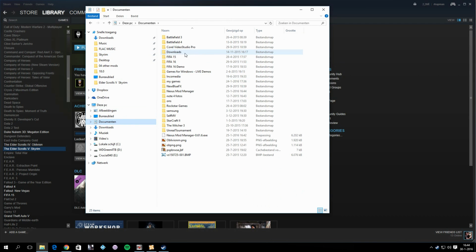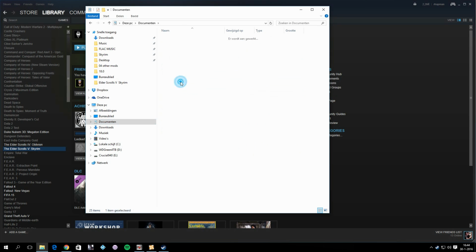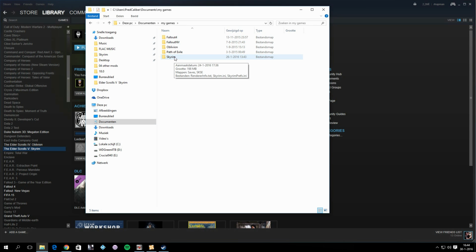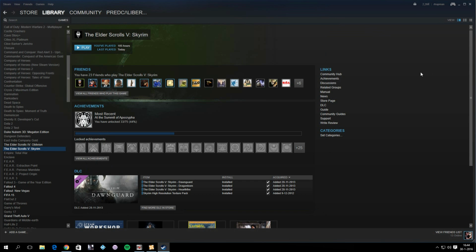Also, what you want to do is go to your My Documents, your My Games, and also delete the Skyrim directory from there. It may still contain some ini files after you uninstall Skyrim, and it has to be deleted as well. And then, last but not least, I would also recommend to completely uninstall your Mod Manager and delete any system files that may be there on your computer,